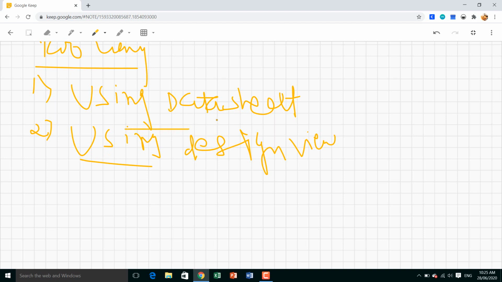So now we will open MS Access and see it step by step.